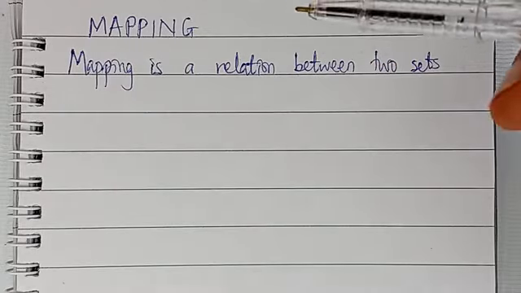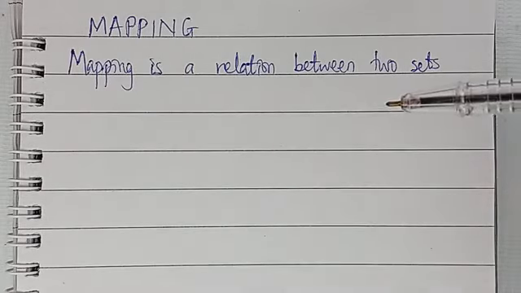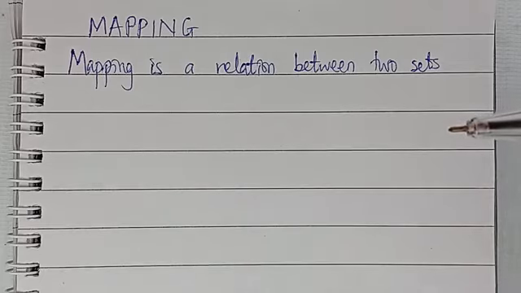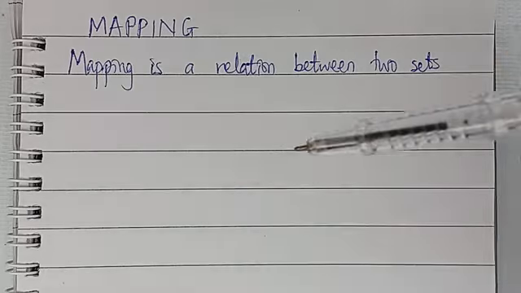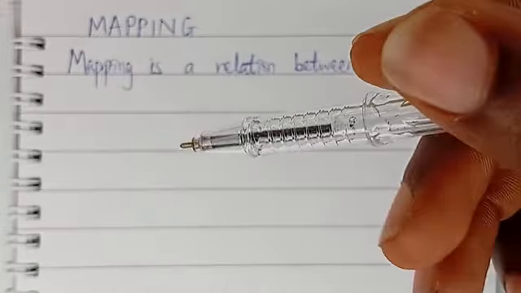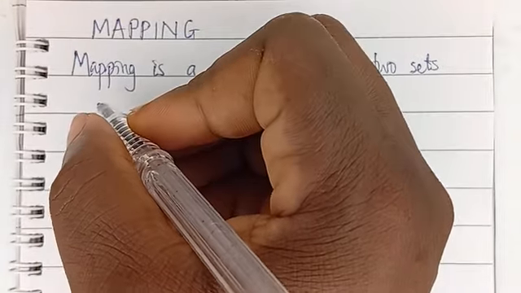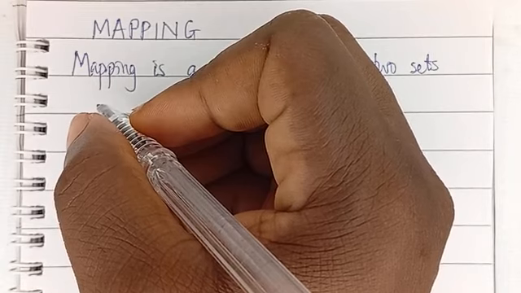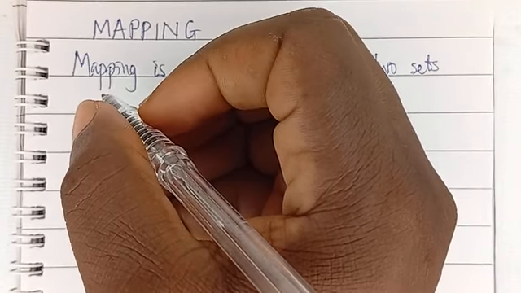This video is an introduction to mapping. By definition, mapping is a relation between two sets. Any two sets of things, the relationship between them, we say that is mapping. Now, I'm going to be using an example of friends to show that we could have sets of things that